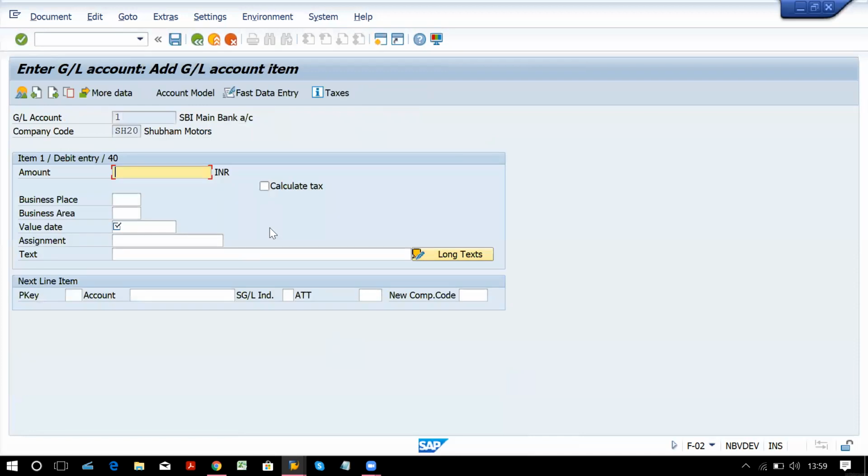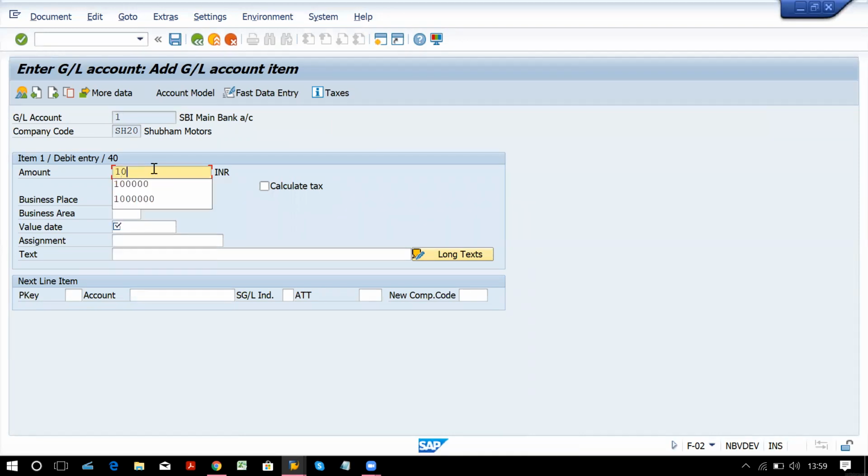Okay. Now main bank account is created. Okay, it is selected, and this is number which we have allotted to that particular GL account. Now this is our first line item, debit entry. Now this is share capital, so I'm entering some big amount.